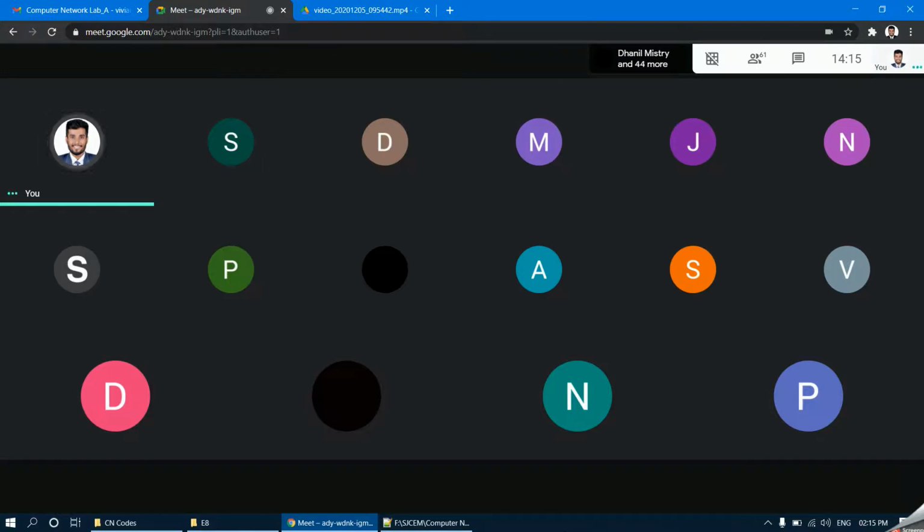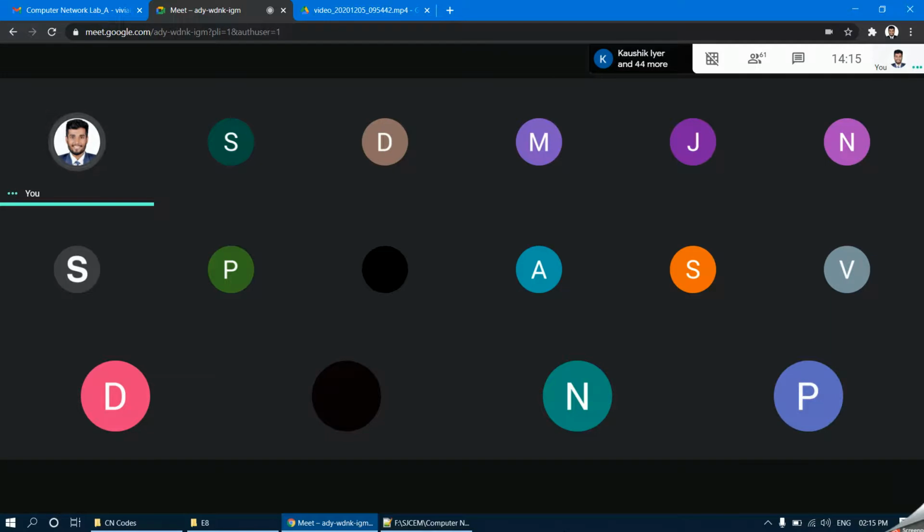For understanding the sending and receiving of packets over a network, it can be visualized over a simulator, which is called a network simulator.